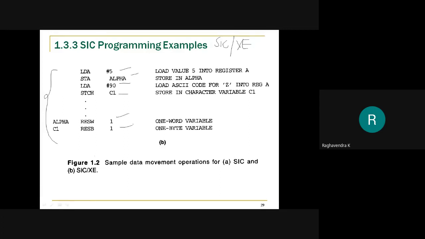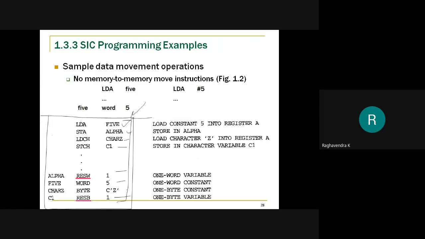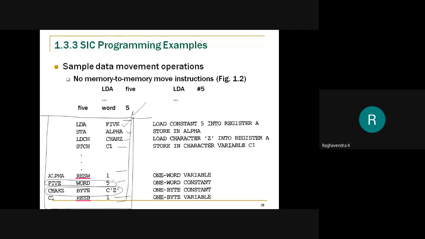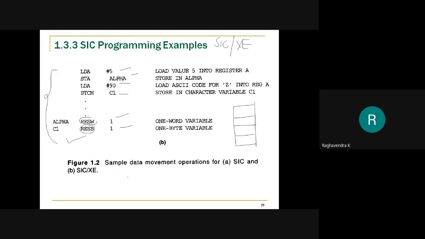And in the previous case, we had initialized and stored the variable value by using word and byte. These two statements are missing here. Correct? There are only reserve word and reserve byte, which means that in this program, I'm simply allocating the variable. I'm not allocating or initializing the constants which were present in my previous program. For example, 5 is a constant, and similarly Z is a constant throughout my program. So for constants, I'm not initializing any memory here. Now why am I not doing that?